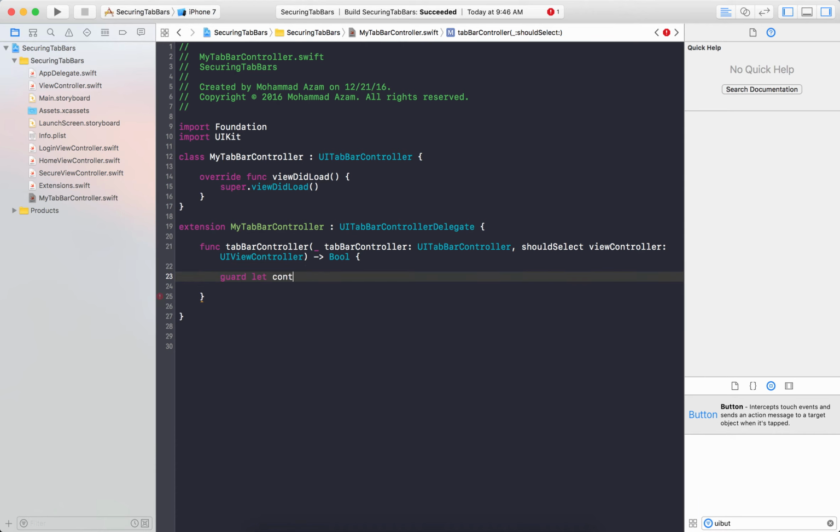Let's say controller equals view controller as LoginHandler. So if the cast is successful to LoginHandler, then that means that that particular TabBar item requires a login. If it doesn't, then it doesn't require any login, and we're just going to return true. And then we can say if is valid controller.validate. All right, and then we can have some other code to display. So if it is not valid,